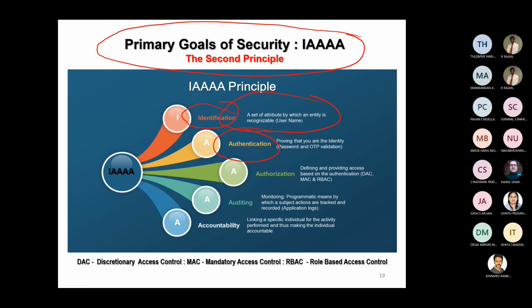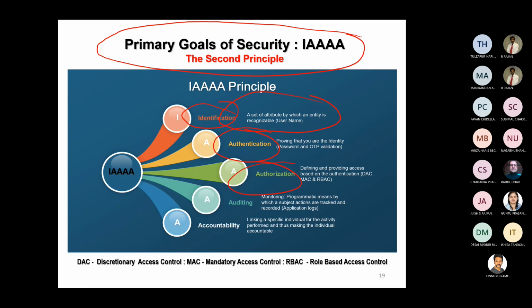You have got to continuously track the behavior of the person who sought the information, or the executable file which has sought the information, and its behavior needs to be continuously monitored until the time the session is completely over. So that's authentication, the first A. What is authorization? Authorization is the process after the authentication becomes successful. You would provide the access to the entity or the object for fetching the information or for transforming the information.